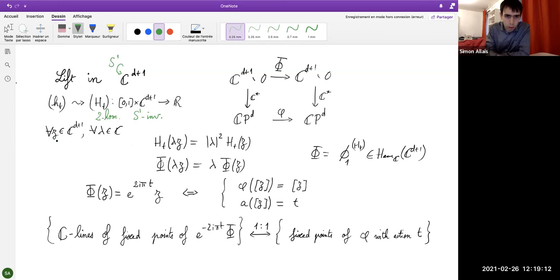Okay, so saying that this is two homogeneous and S1 invariant can be written down as satisfying this equation for all z in C^(d+1) and all lambda complex. So you are, in some sense, two homogeneous in a complex sense. Okay, so this Hamiltonian generates a Hamiltonian